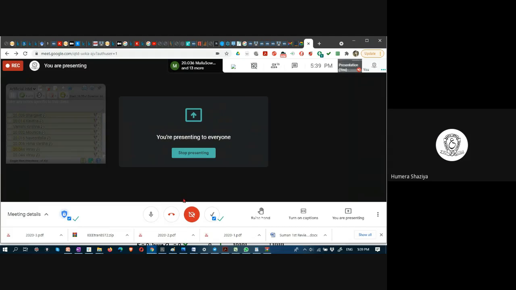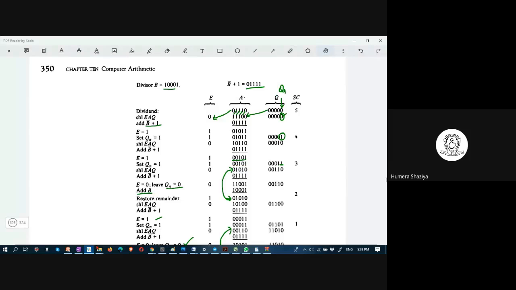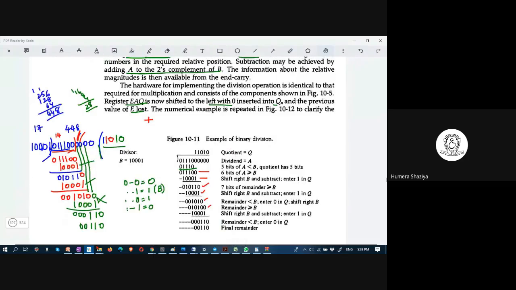Students, could you get it? No, ma'am. Can you explain again, please? Sure, sure. Here, the division process. At least, did you understand this process, how we have carried out this one? Is this clear? Yes, ma'am. What is shown on the screen? Is that process clear to you all? Yes, ma'am.